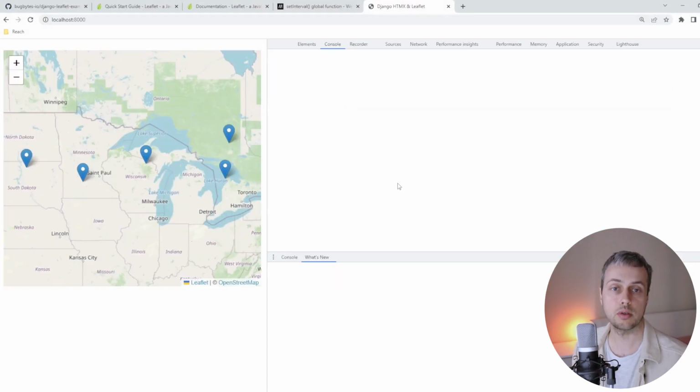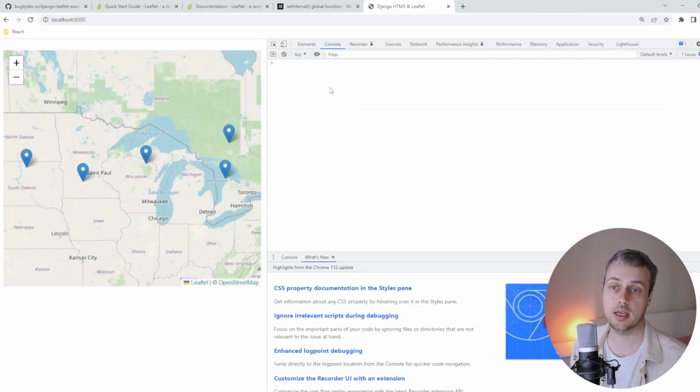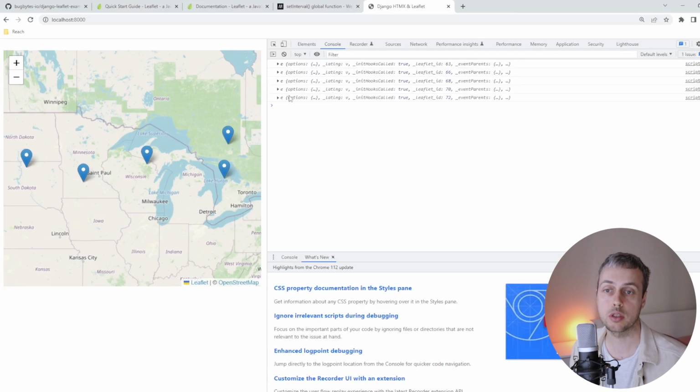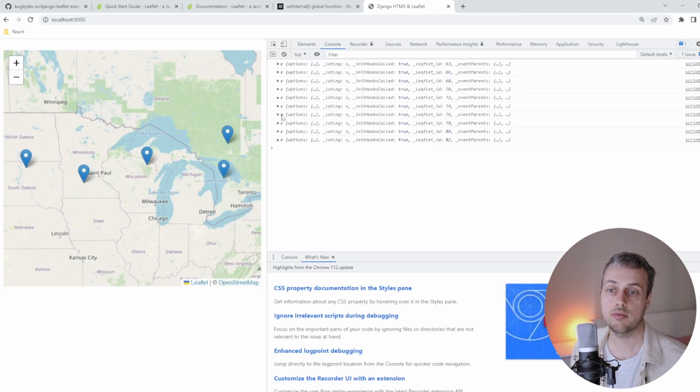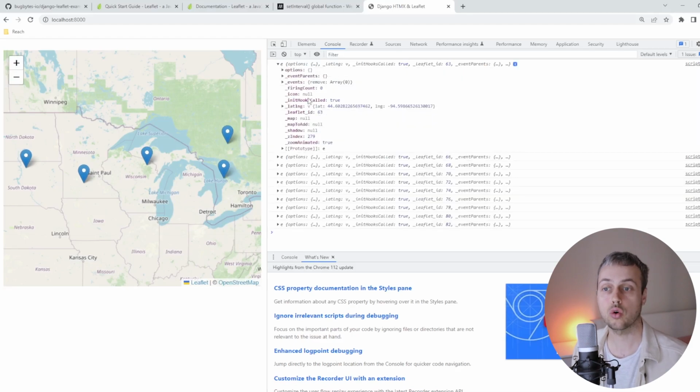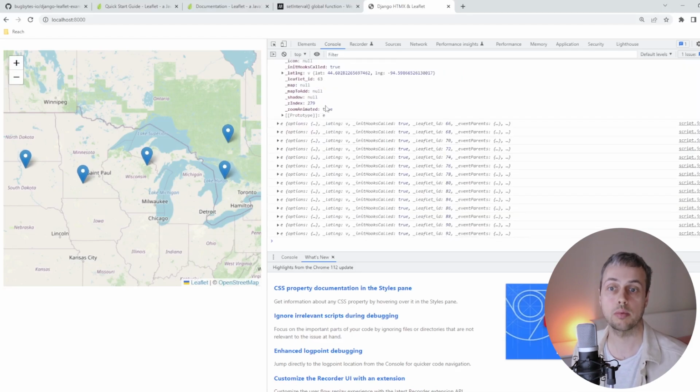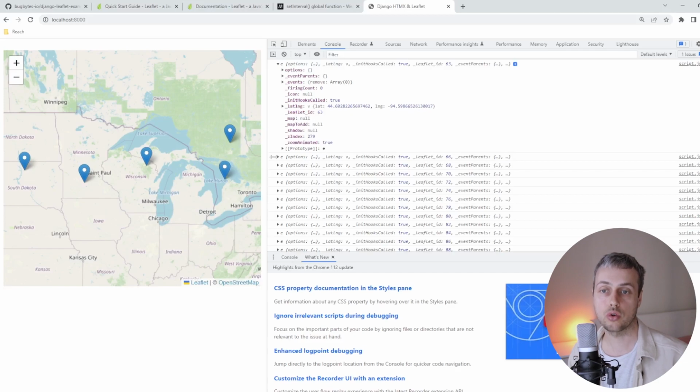If we go to the developer tools, you should see after 5 seconds here that we are getting some statements printed to the console, and we're getting 5 objects every 5 seconds, and each one of these represents one of the layers on this layer group, this feature group, and each layer represents one of the markers on the map. And you can see that they have a property called _lat_long, which contains the latitude and the longitude for that